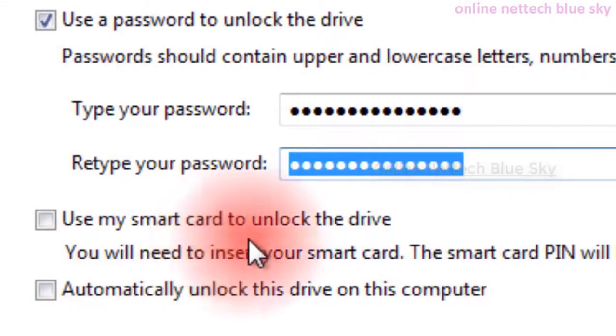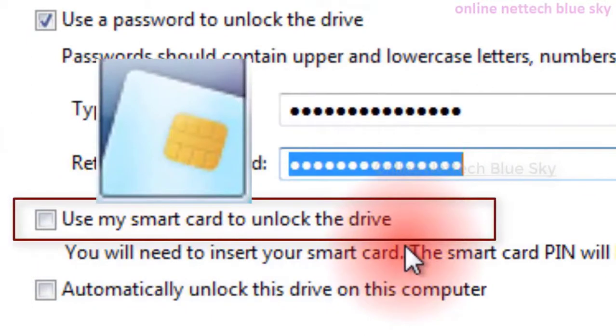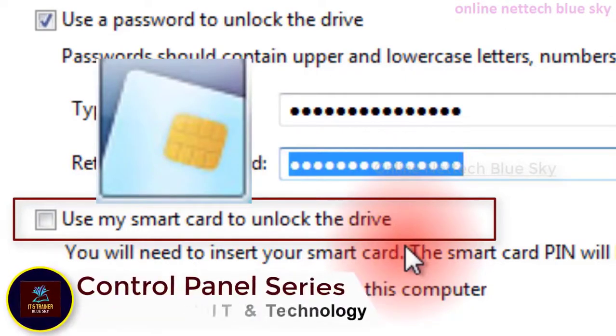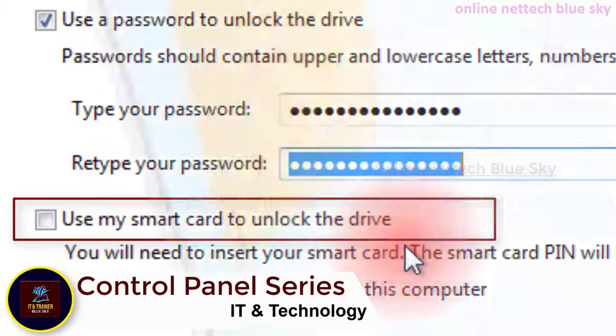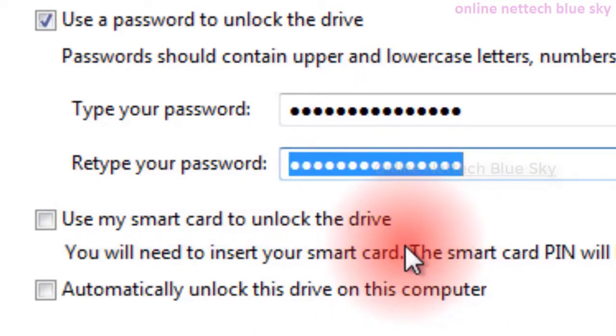But you have smart card unlock drive, so this is a new technology of smart card to unlock your computer. This type of smart card here. But you do not have a smart card every time. Maybe sometimes your smart card is damaged, sometimes you lose your smart card by mistake, or sometimes you have no smart card. So that is a main problem. So a password system is very easy to use, though some companies use smart card systems here. But I like only the password type system here.